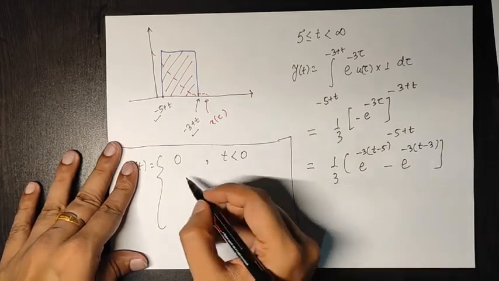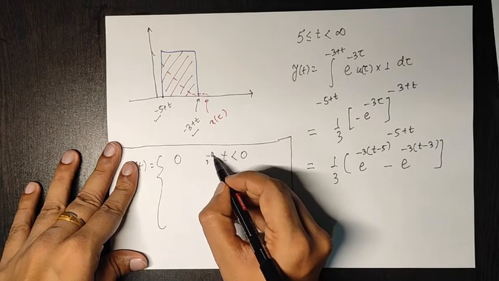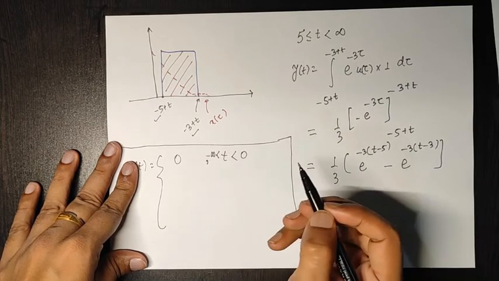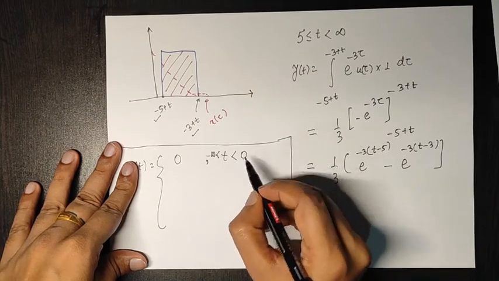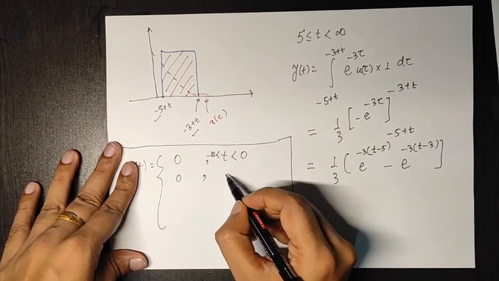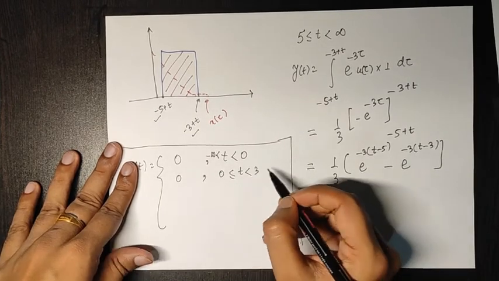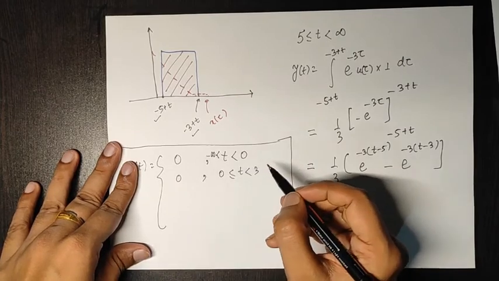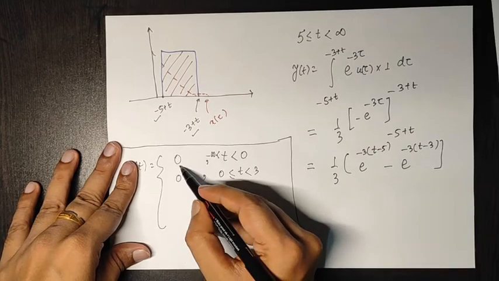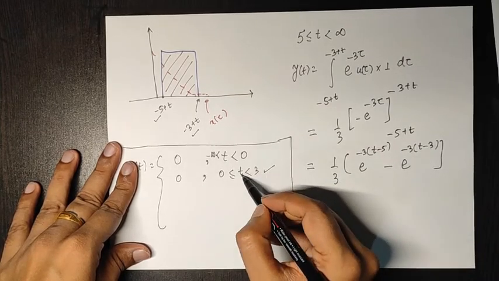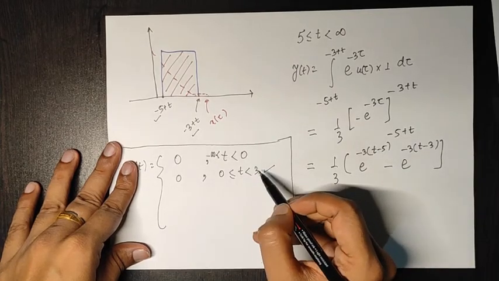We have also seen that it was 0 up to 3 units. So overall we can write its value is 0 from minus infinity to 3 units of time,